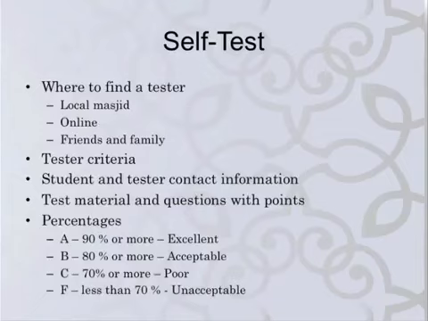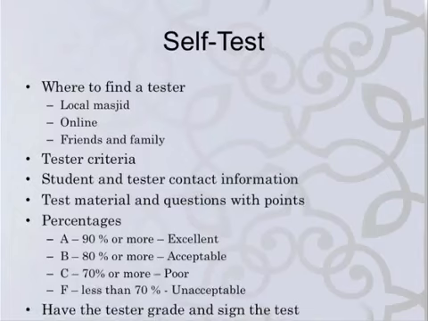So I want you to aim as much as possible for each and every lesson to be at 90% or higher. At 80% or higher, it is acceptable. At C, which is 70% or more, it's poor. I'm not going to say that it is acceptable. I wouldn't want you to move on to the next lesson. So for a C, you need to come back and revise that lesson. But for an F, it is totally unacceptable. You cannot move on to the next lesson until you have scored at least a B in that lesson. So I hope I've driven that point home.